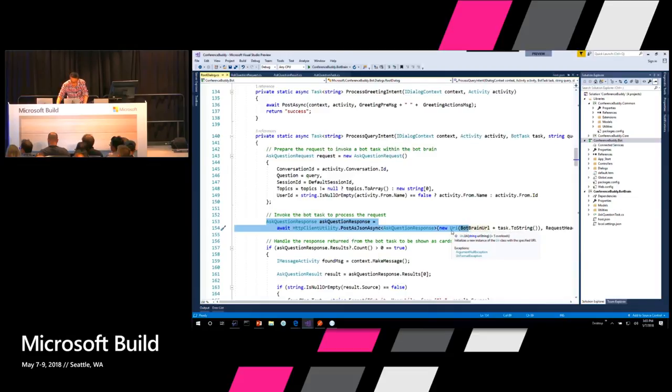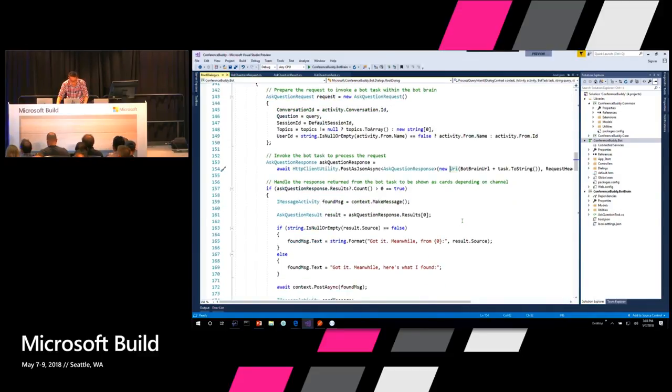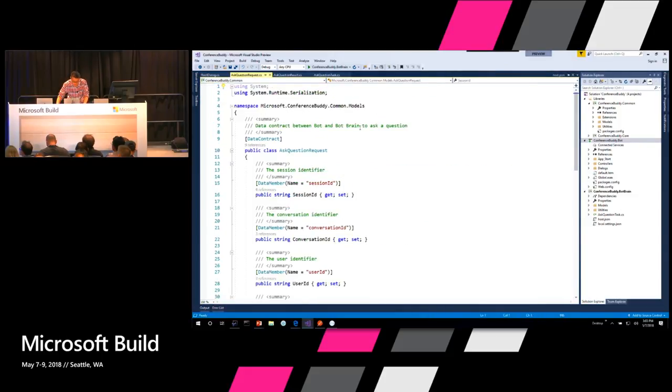So what happens is that it calls an HTTP post and sends it to the bot brain, which is an Azure Function, and tells it, hey, I need something from you. Give me the answer that I understand, and that's all I care about. And then the rest of the code is really massaging the message and formatting it so that it looks great on the user side. Now, I keep talking about the abstraction layer and all that. But basically what that is, is a data contract, okay?